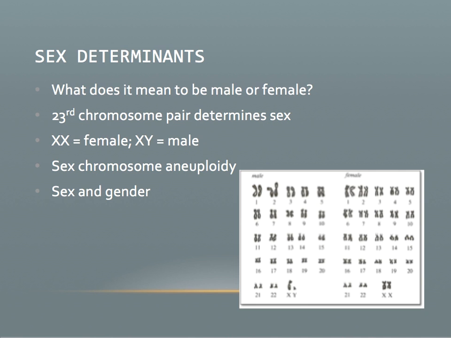If we want to break it down at the biological and chromosomal level, really the 23rd chromosome pair determines sex. If you have two X chromosomes, you're female, or X and a Y, you're male. You can see down here, this is the 23rd chromosome. Two X's female, and an X and a little one, that Y, you are male. But there are other situations where you're not just XX or XY.